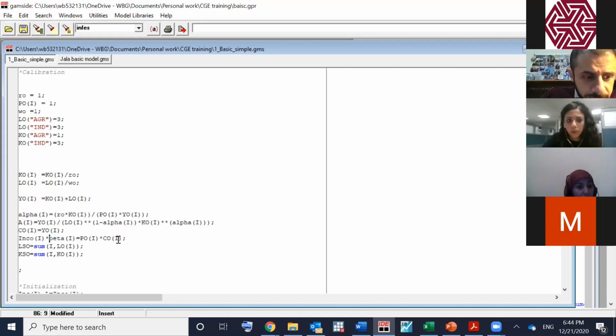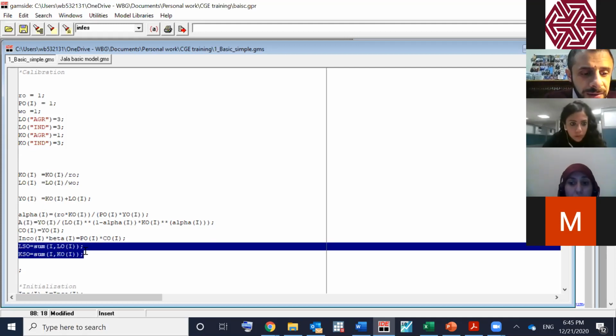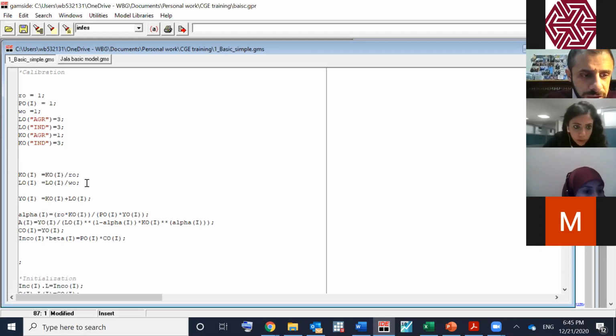So you just take the income and divide them here. And I put it over here? No, not this one, but you have first to define income as a function of labor supply, capital supply, and wages. This means that you have to take the labor supply and capital supply that you have at the end of this code. You have to copy and paste them after the capital demand and labor demand. That's the first thing that you have to do.